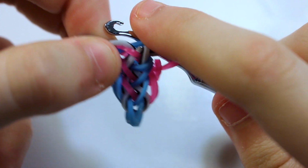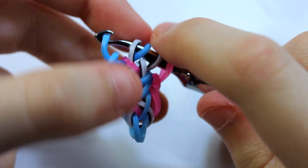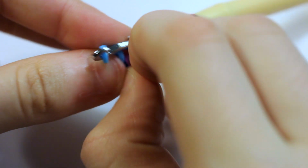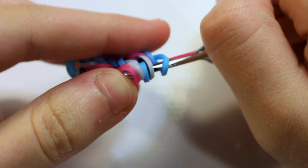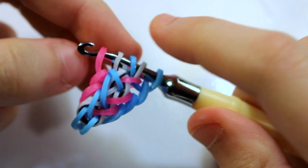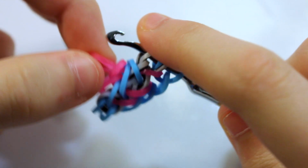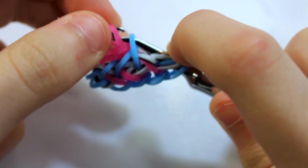But I'm going to now place the zebra back on my hook, as well as, of course, the other end. But now I'm going to turn it around like that, and take off the pink, grab the blue closest to the middle single chain and put it back